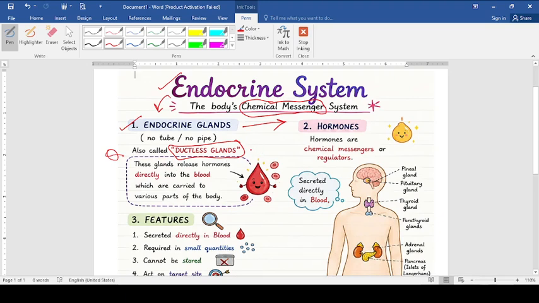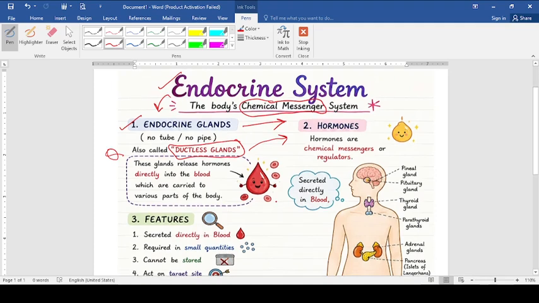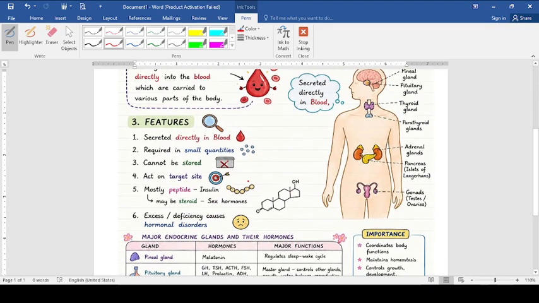Now move to the content which is secreted by the endocrine gland into the body. These chemicals are called as hormones, or hormones are also called as chemical messengers or chemical regulators of our body, which regulate various functions of our body. So properties of hormone could be asked from you in the exam. So few properties I have discussed here.